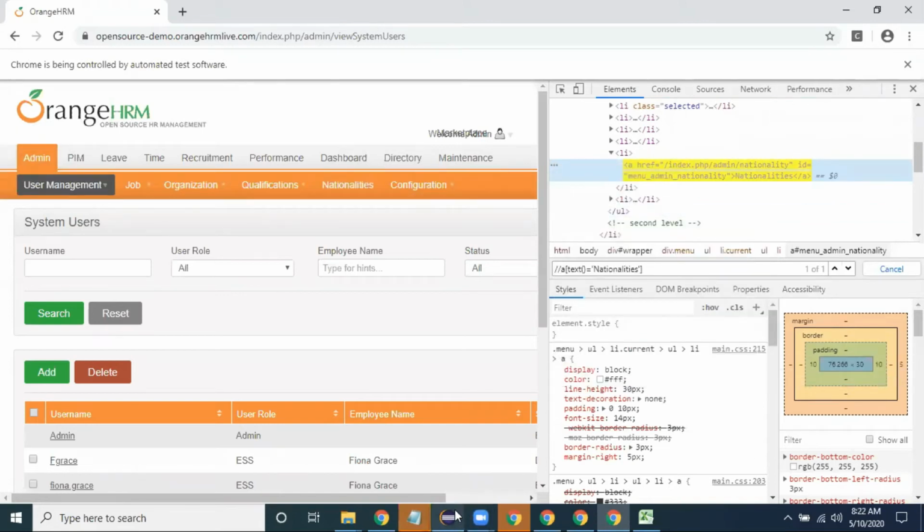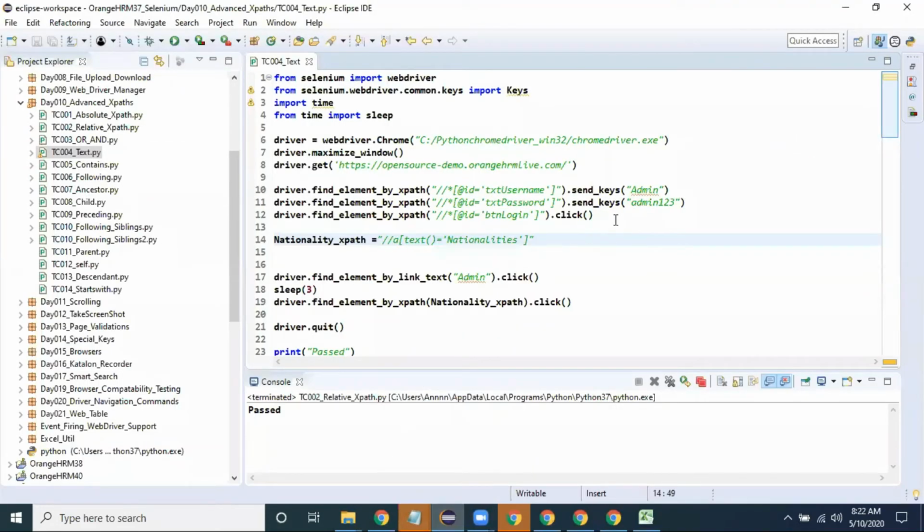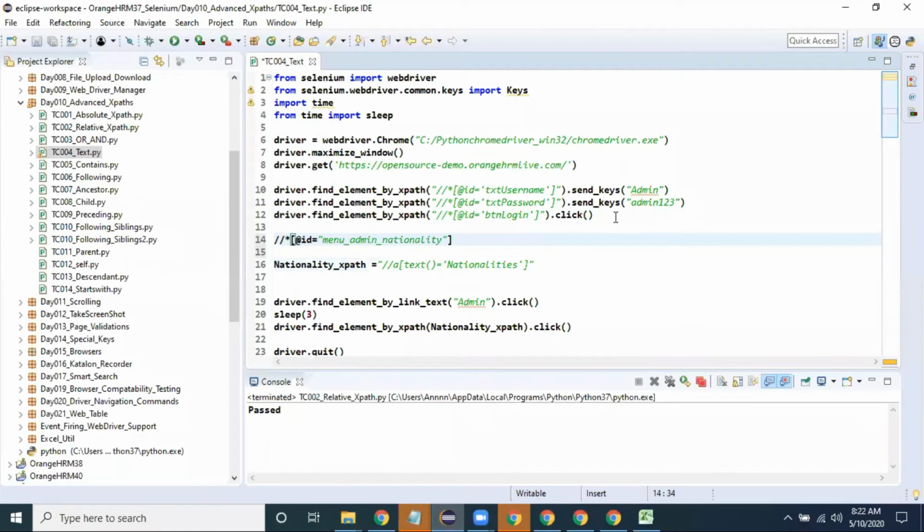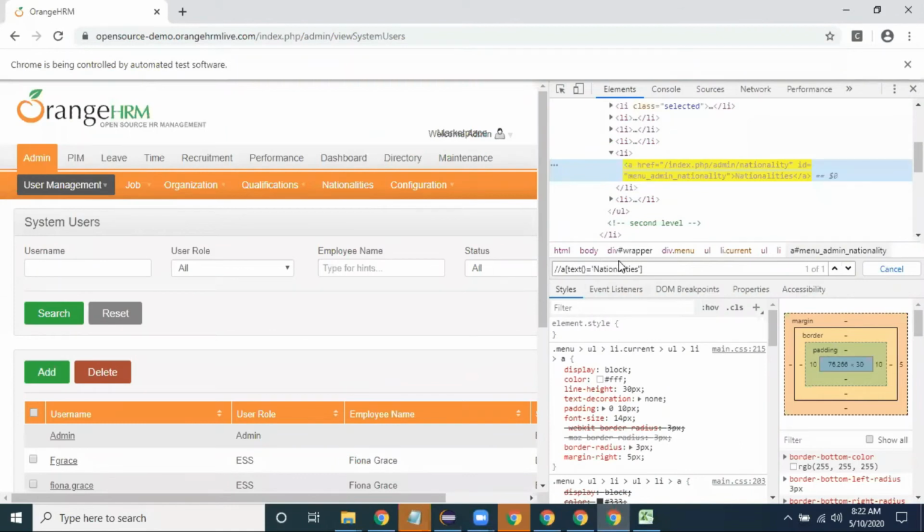If you want to get the XPath by inspecting the web element, you can also use copy XPath. This technique we already know; I'm not talking about this one. Text of is a keyword. If you want to write quickly, you can write text of is equal to whatever text is there. If you want, the tag name might be anything, so here my tag name might be anything.